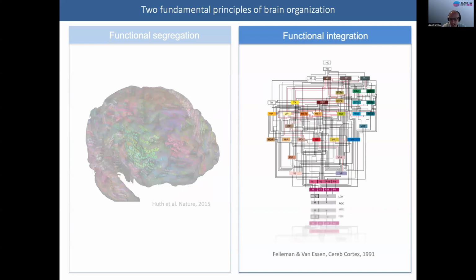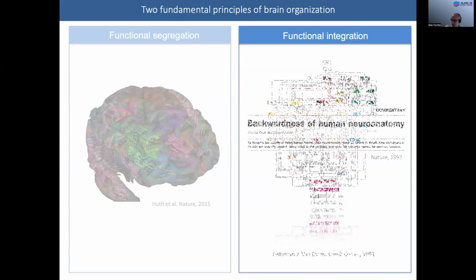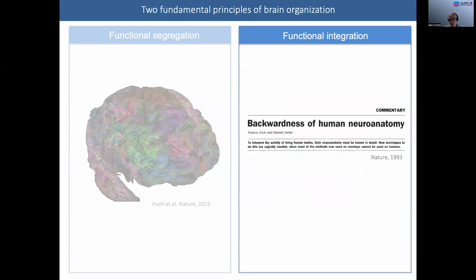So this is a map of the connectivity between different areas comprising the macaque visual system that was published by Dan Felleman and David Van Essen in 1991. It's a real landmark paper. They were able to generate this through collating the results of many different tract tracing studies. And shortly afterwards, Francis Crick of DNA fame and the neuroanatomist Edward Jones published this essay in Nature, praising Felleman and Van Essen's work, but really